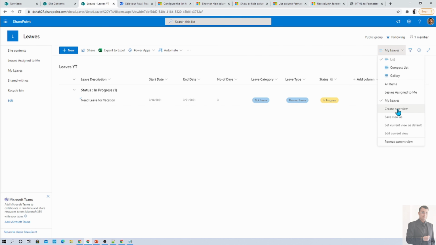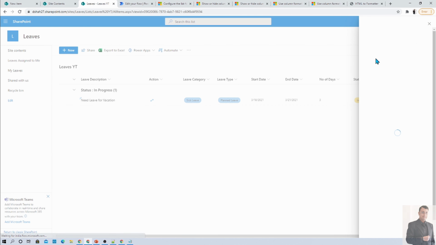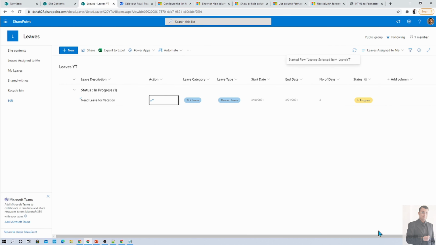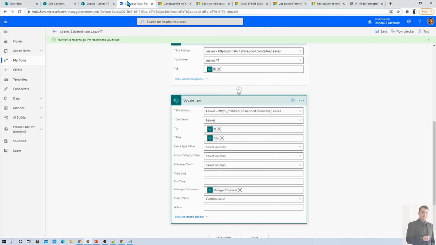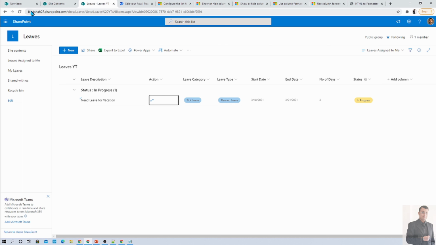Now I'm going to the view called leave assigned to me as manager, and I can see the action button, and on the action button it will trigger this flow for me. So I just need to provide the continue over here, and I just want to approve it. So I'm selecting approved and just clicking on run flow. So that will start my flow and will approve this particular item. And meantime, if we check this particular flow, let's check out the action. So it has succeeded, and now let's hit refresh, and here we are. The status has been updated successfully, and it is marked as approved over here, right?